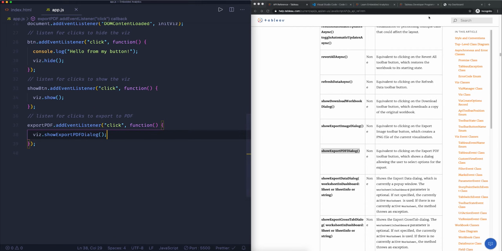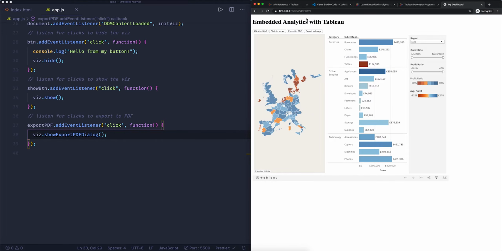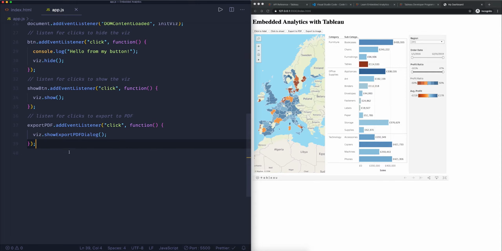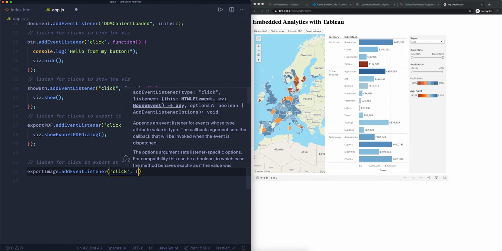So let's hit save, go back to my dashboard. Actually, let's refresh it so it nicely shows up. If I now hit export to PDF, we can see that Tableau renders the PDF export dialog here. Let's do the exact same for the export to image. So let's listen for clicks to export an image. And this is export image dot addEventListener. Again, a click. And then say